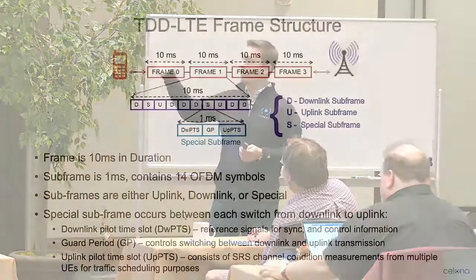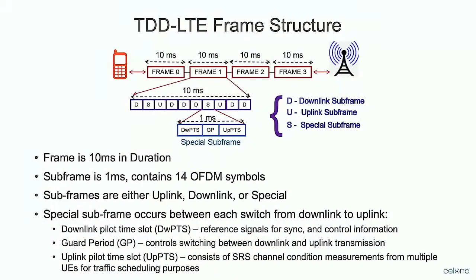Very similar here. We've got a frame structure that gets scheduled, and what you're seeing is the TDD frame structure. So again, we have to interleave uplink and downlink. One frame is 10 milliseconds long, and a subframe then is 1 millisecond. So we break a frame down into subframes, and we schedule uplink or downlink for every subframe, or there's also a special subframe which are more like your pilot signals for sync and control